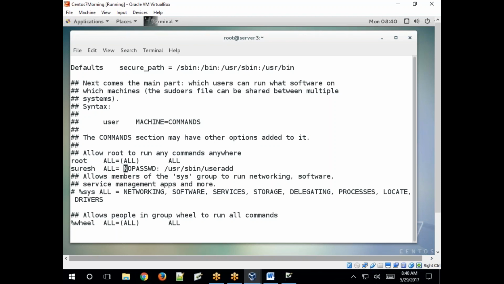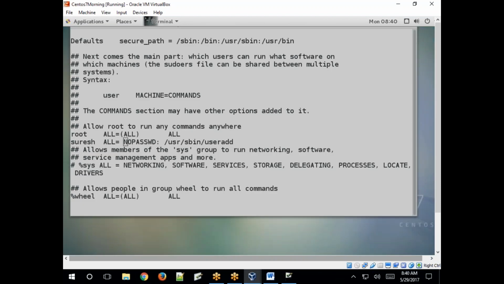Now add n number of users. Okay, so if you want to allow another user called user1 to perform all administrative tasks, just simply add that user into the wheel group. So no need to add